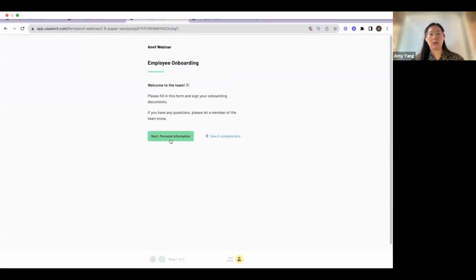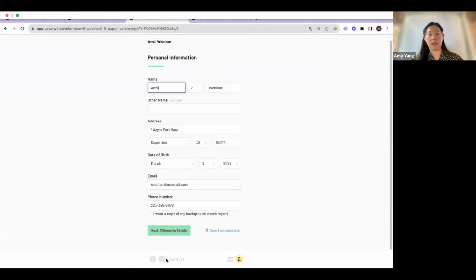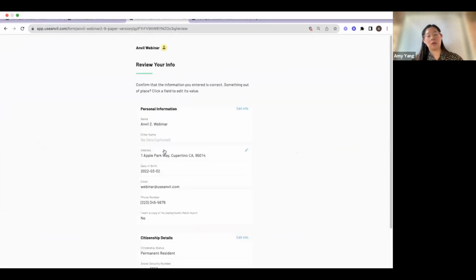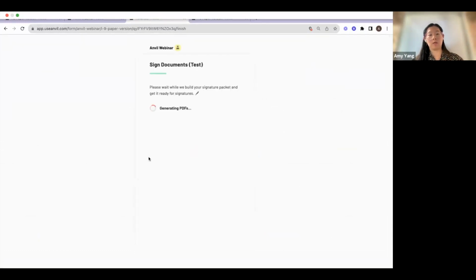So you can see everything is filled in, personal name, all this detail is in here. And then onto the next page, everything's been filled out. This one, by the way, is a little bit more cleaned up, so you can spend more time to make it even cleaner for your users. So I'm going to review, and you can see all their information filled out here. You can also edit the information as you're filling out, and then you can finish and submit,